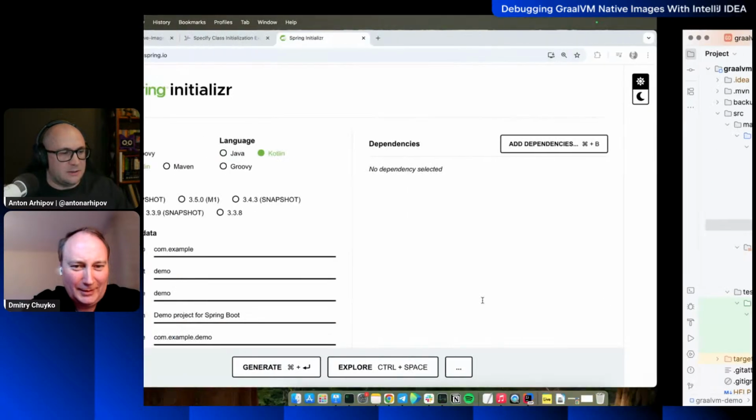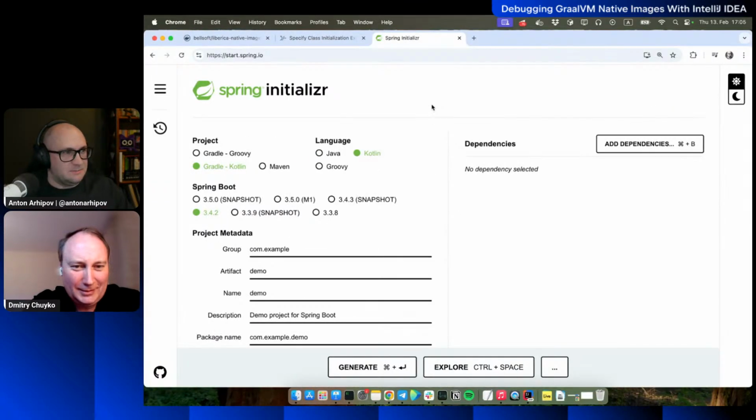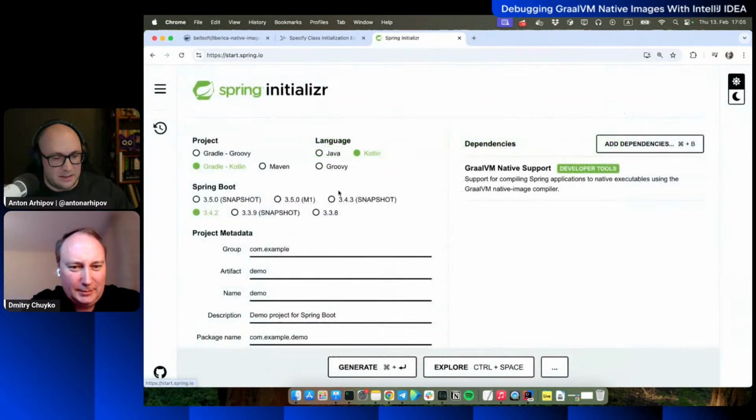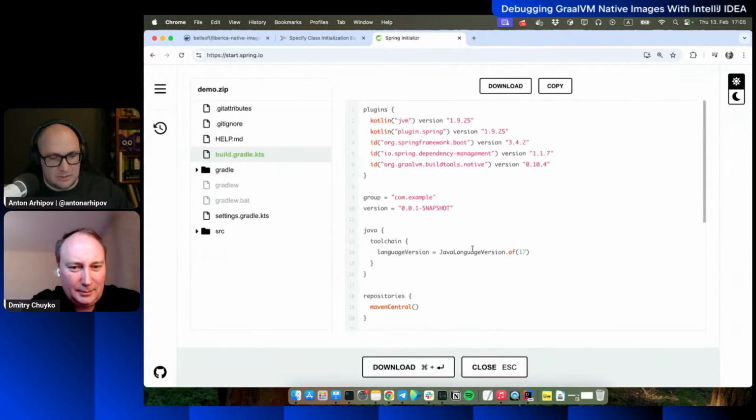Obviously, by opening Spring Initializr, start.spring.io, the favorite place on the internet for Josh Long, as we know it. And if you add the dependencies to a stock application or like to empty project, you can see there is GraalVM Native Image support, right? So if we add that and explore what is being added,